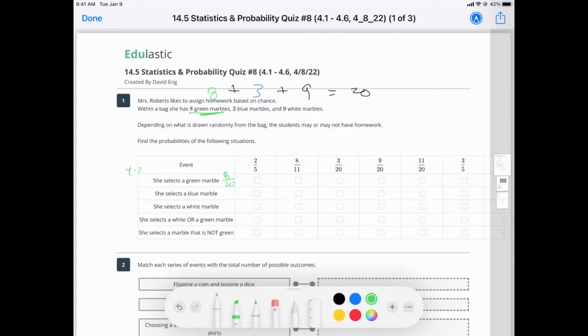And you can reduce that. So 2/5 is our answer. Blue marble, you have 3 out of 20. White marble, you have 9 out of 20. And when it says white or green, that means the probability of white, which is 9 out of 20, plus, the word or means plus, green, so that would be 8 out of 20, which gives us